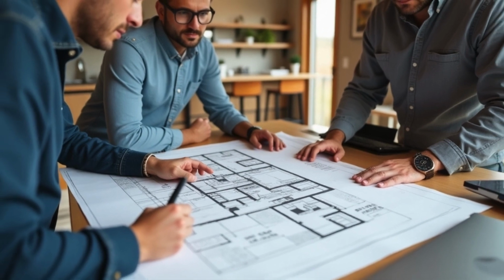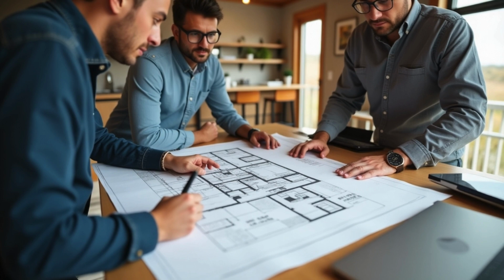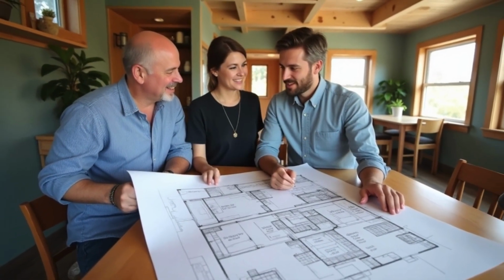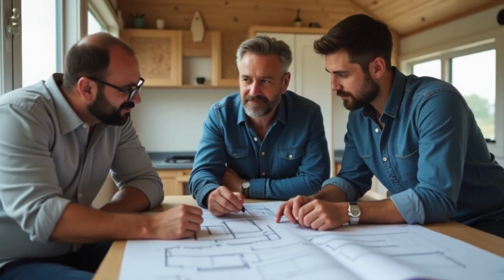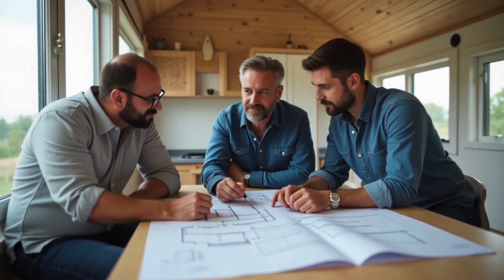Consulting professionals. Next up, don't hesitate to consult professionals. Tiny home design can be complex, especially when it comes to maximizing space and ensuring everything is functional. Working with an architect or designer who specializes in tiny homes can provide valuable insights and help you avoid common